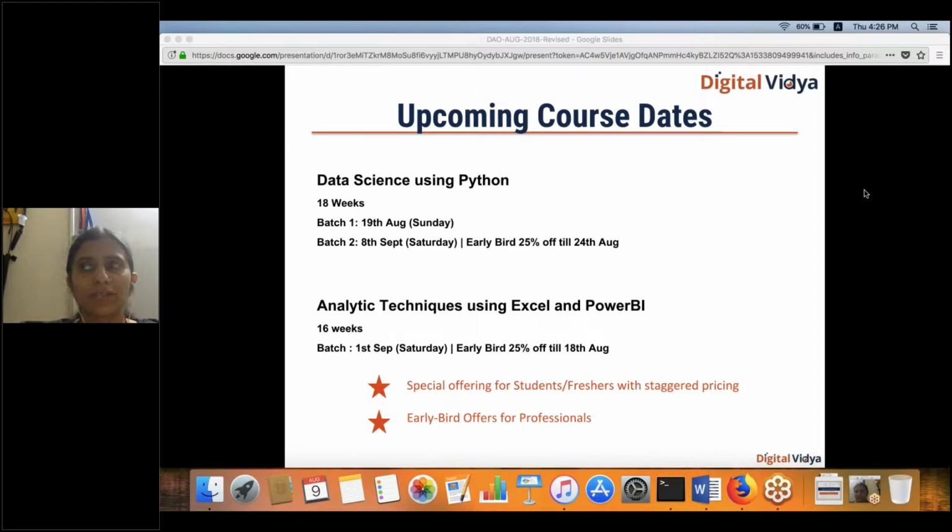Just after 18 weeks, without refreshing, without practicing a lot more, without building your profile, if you expect you will definitely get a job, there is no such guarantee. You need to be building your profile stronger and stronger. But the key thing is you'll be equipped with the right skills to do that.